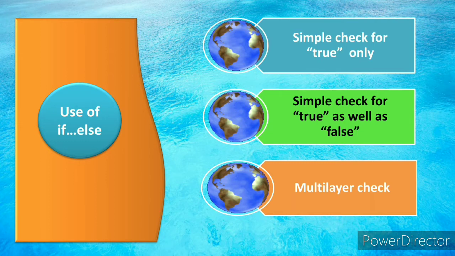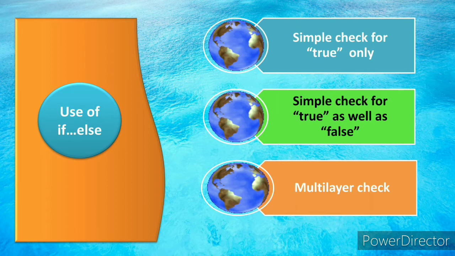In the third case, there is a multi-layer check. Suppose you are going to appear for an examination, and in that examination you have a grading pattern. You may fall into any range of marks, and based on the range you are provided a specific grade. If the marks are checked for the upper region, more than 90, and you are not in that, then you will be checked for the lower grade. If you do not fit in that also, it will be checked against the grade lower than that. That means multiple checks are being done. Whenever you deal with these types of statements, we call it conditional branching or conditional check.